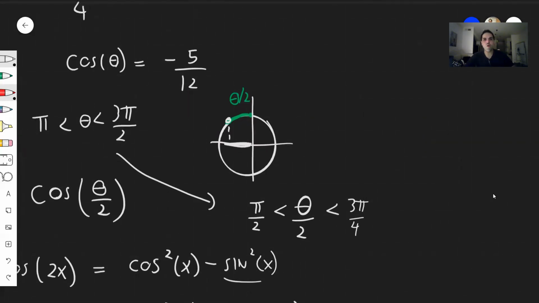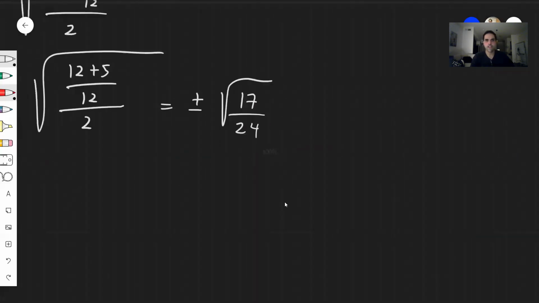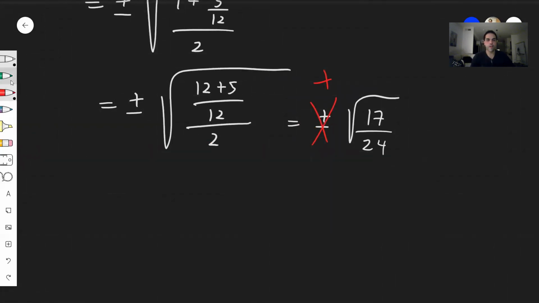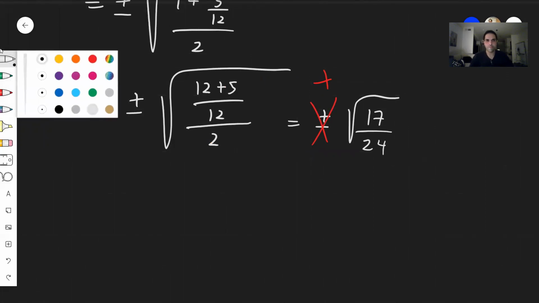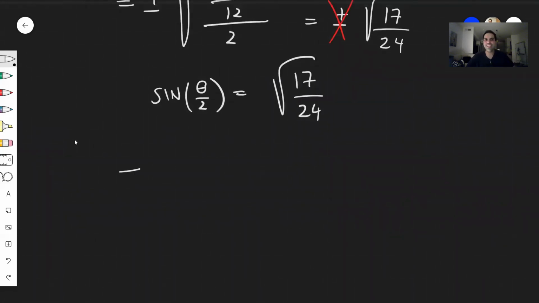Well, remember, theta over 2 was in this region, and in particular, sine is positive. So in this case, it's plus. So plus, and therefore the answer is plus square root of 17 over 24. And of course, I will not do this, but if you want to know tangent, you just use sine over cosine. There's probably a formula for this, but